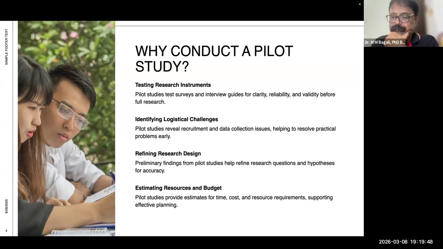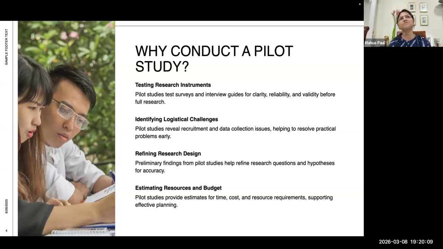Very nice. My question is that, yes, pilot study is very helpful. I have done it during my master's as well. When I did my thesis, it was on the impact of inclusion on students' outcome in classrooms.